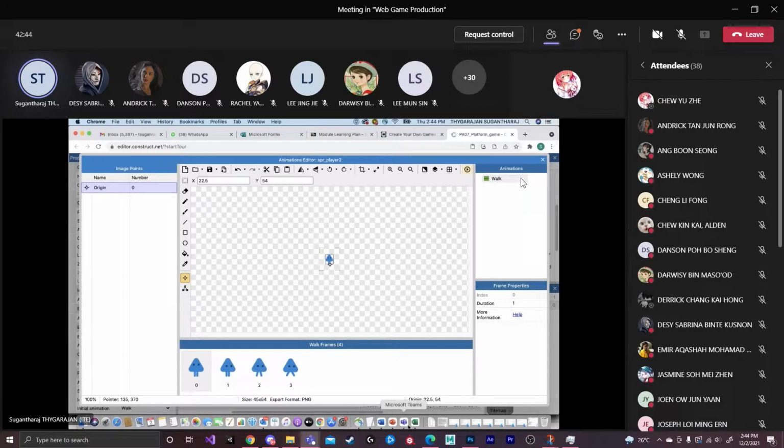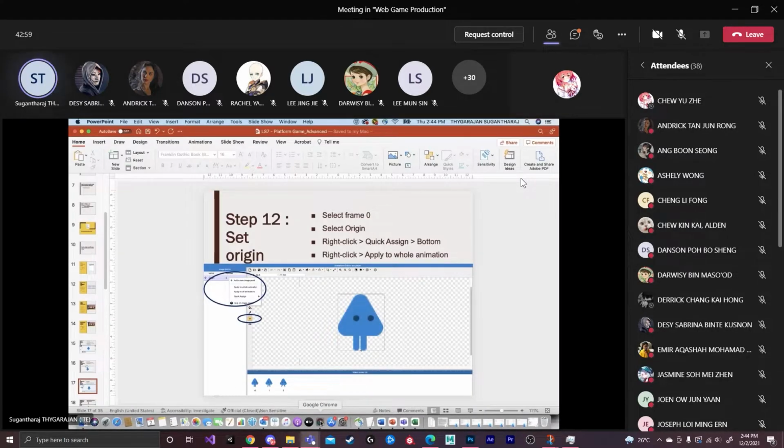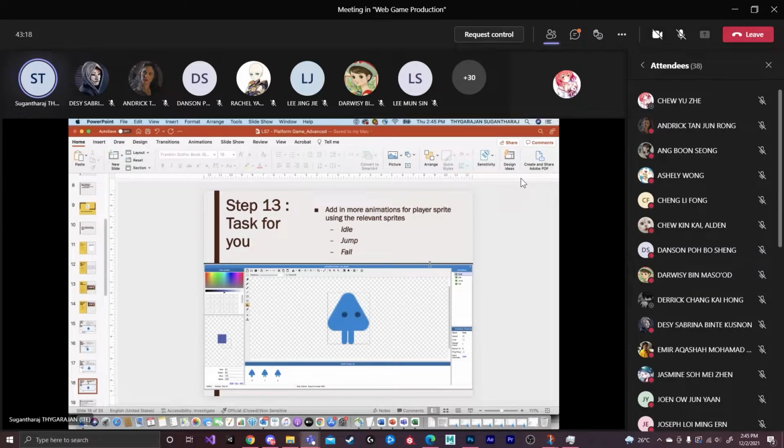So like this you need to do for all the images, all the sprites you need to set up. Why? Because the position of this player is based on the particular walking style. So that's why I just set it over there. Okay. So once we finish all these, we need to right click, apply to the whole animation. You need to follow this instruction, right click and then apply to the whole animation, so that it can be there for the whole animation when we are playing.